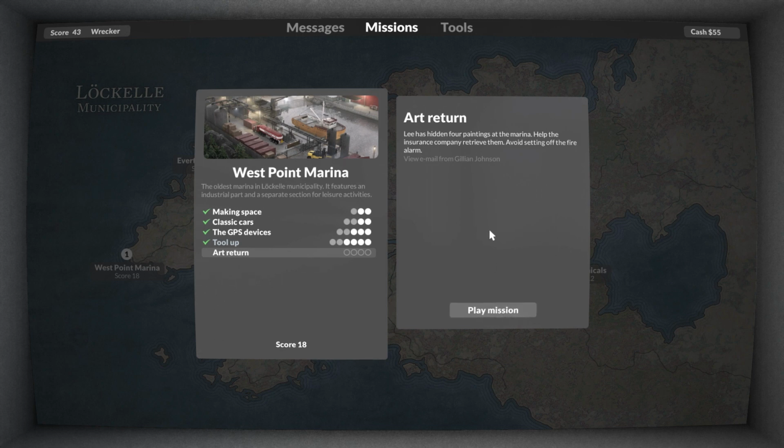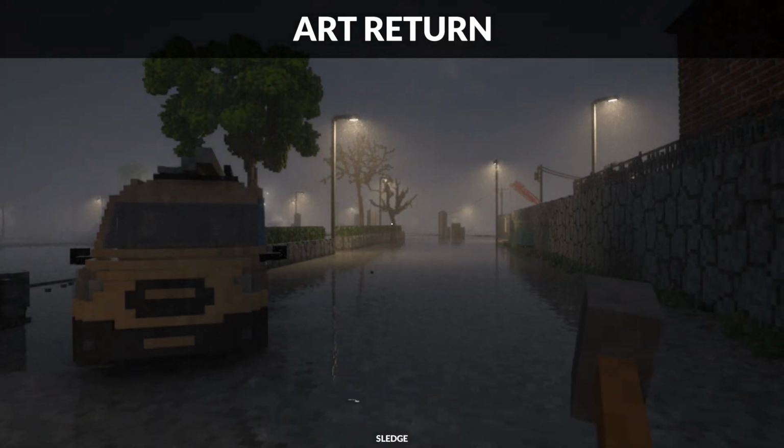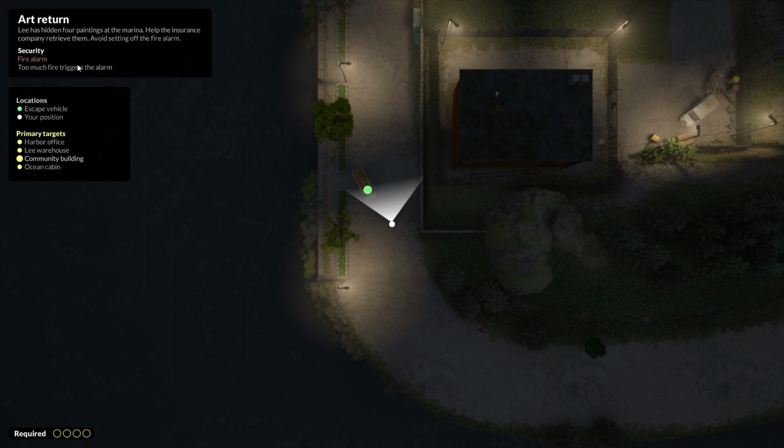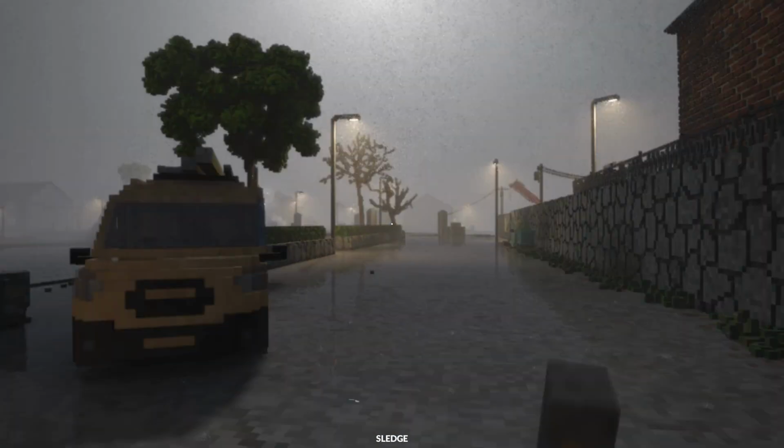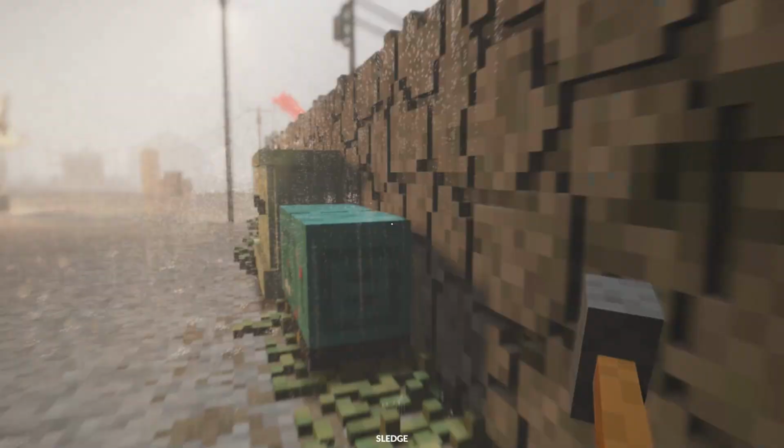So Lee has hidden 4 paintings at the marina. Help the insurance company retrieve them. Avoid setting off the fire alarm. With that, maybe they aren't hooked up to security boxes. Let's see. They aren't. It's just strictly fire alarms, so this shouldn't be too bad. We just have to watch the fires. So I would imagine if that's the only parameter in this one, it's likely going to be...